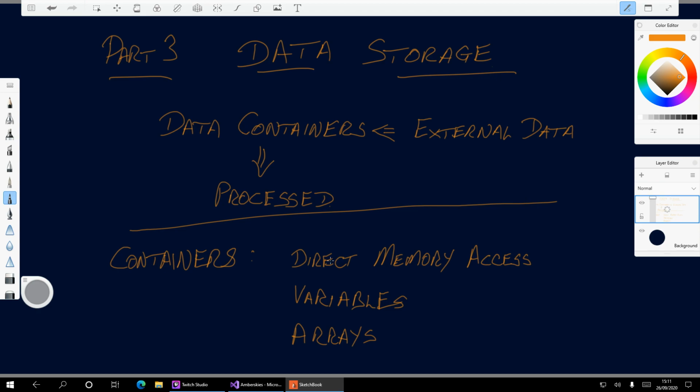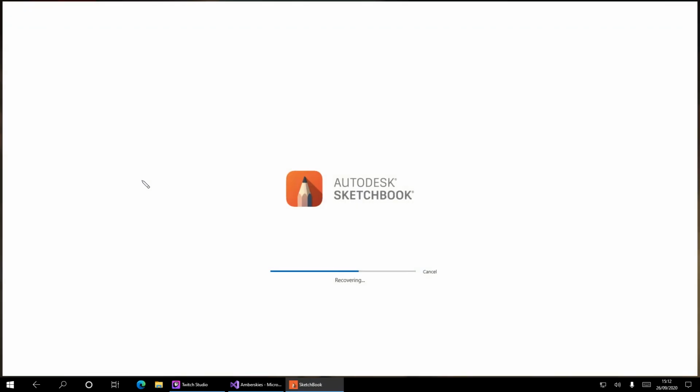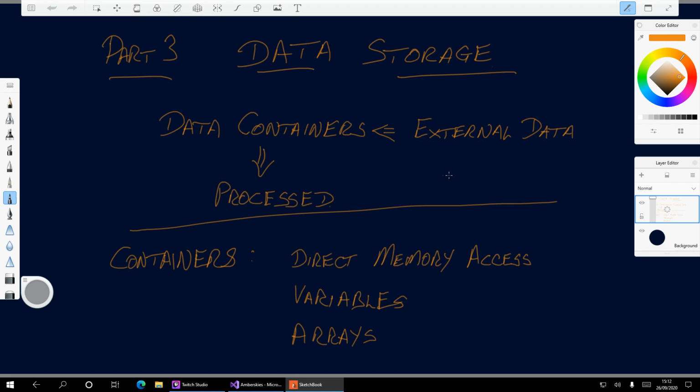Data storage itself is, oh my god, what is going on here today? That wasn't me. I didn't even touch the computer. For some reason, this program likes to close itself randomly. Does that mean it's a good piece of software? No, it means it hasn't been tested under this situation before. Or by anybody. I'll give them some... No, I'm not going to give them some feedback. They can do their own goddamn jobs properly.